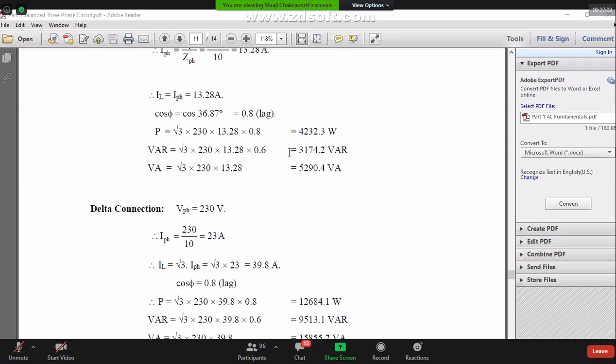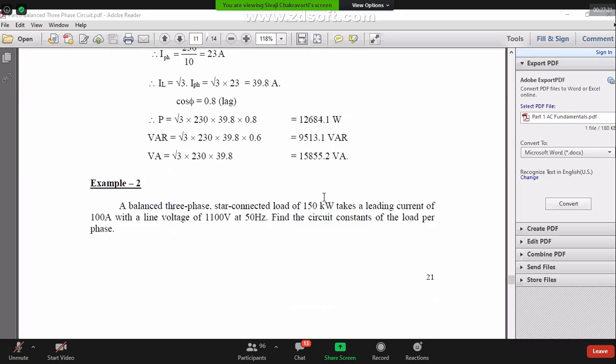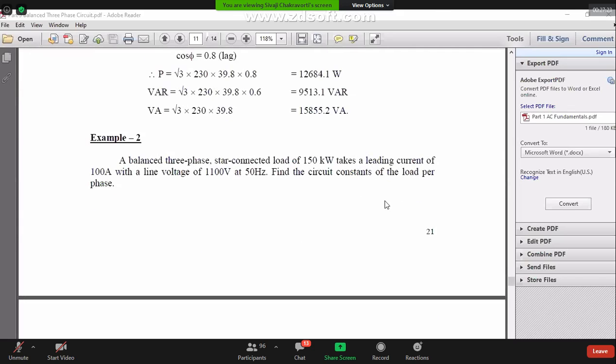So you can see that when there is a transmission, there is a large amount of power to be transmitted. So therefore, if you look at this problem, definitely it is advantageous if I use the delta connection, because with the same impedance, I will transmit 3 times more power. Whereas when I distribute it, I will have a much better advantage if I use the star connection. So once again, this problem is not just a problem. It gives you a very clear practical idea of where to use what.